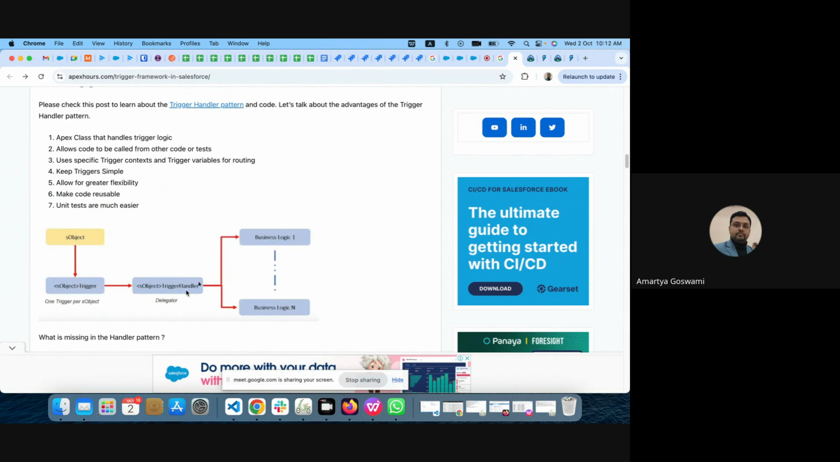But the most useful way of writing triggers is that you should have a dispatcher or delegator in between your business logic. Why do you need this kind of dispatcher? The thing is that till now for this trigger, you are directly calling this business logic. Now say